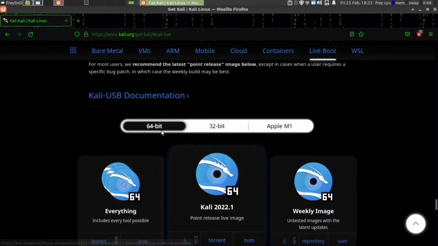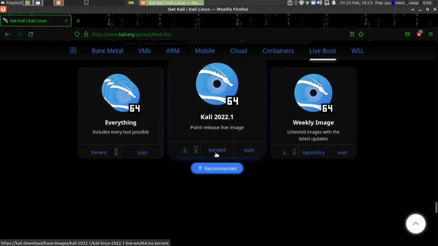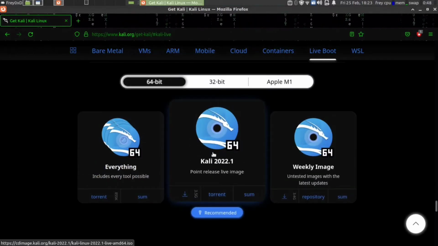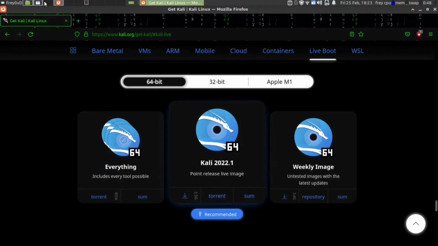I recommend you go and download this 64-bit ISO file. So here we go, use torrent, and for torrent just use qBittorrent. That's so cool because I love qBittorrent and it's so easy to set up. You can also download it in your browser, and if you just click it here it will start downloading.